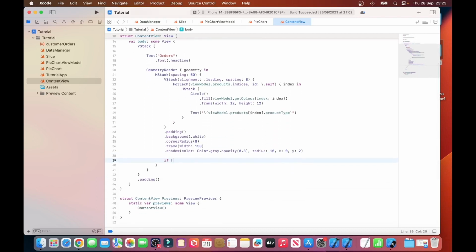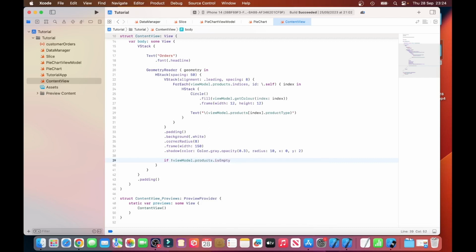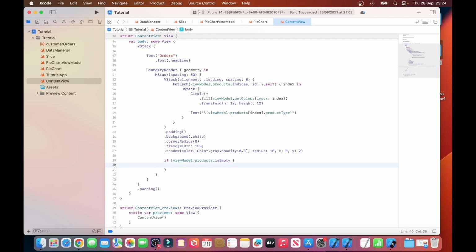If not viewModel.products.isEmpty, pie chart, viewModel.createSlices,